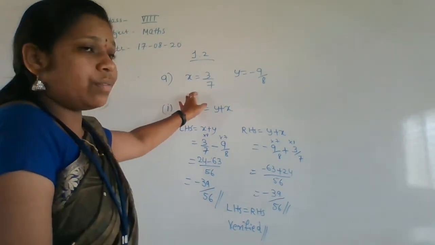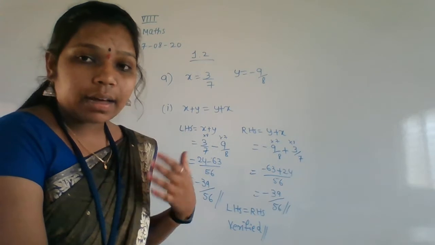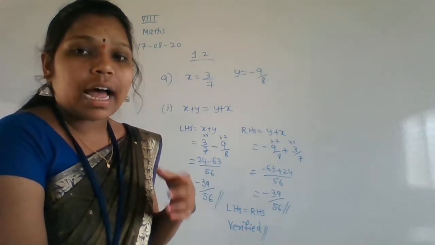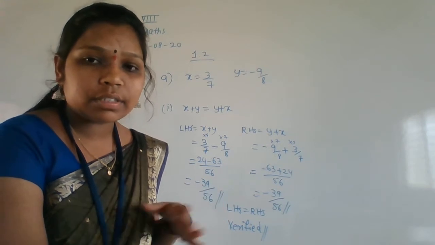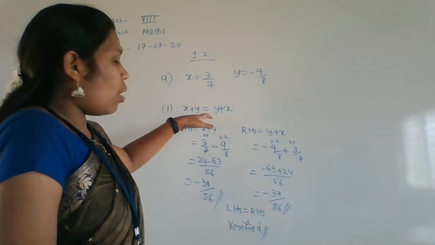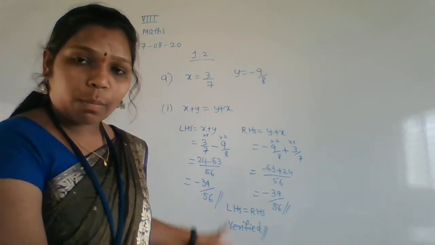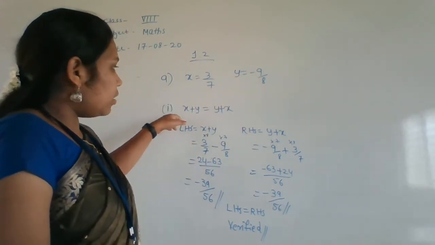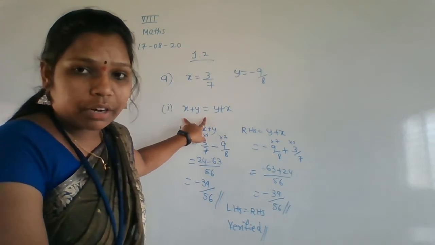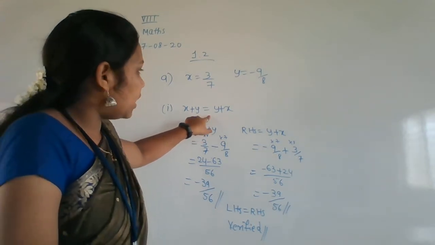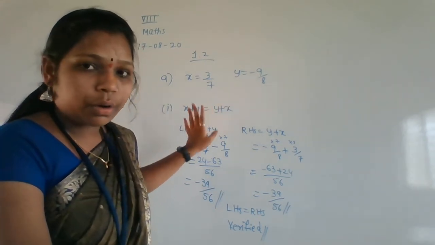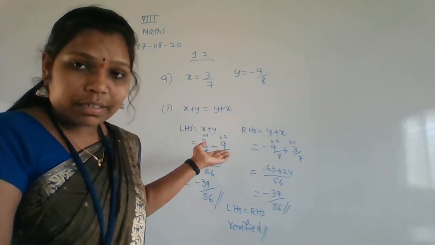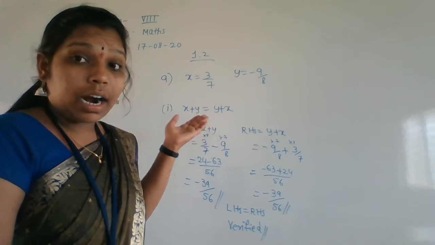What is given? The x value and y value are given. In the last problem, the 8th problem, they gave an equation in the question and they gave x, y, z values in the question and you had to solve the problem. But here they have given x and y values already, and the equation, and you have to check whether it is satisfied for these values or not. So here x plus y and y plus x is there. It is nothing but the commutative law in addition.